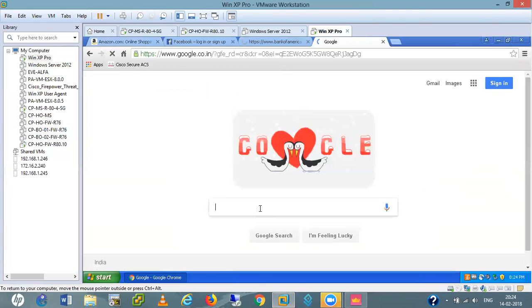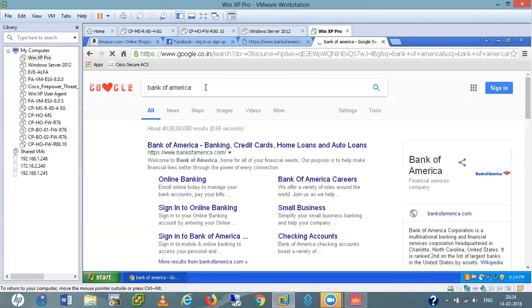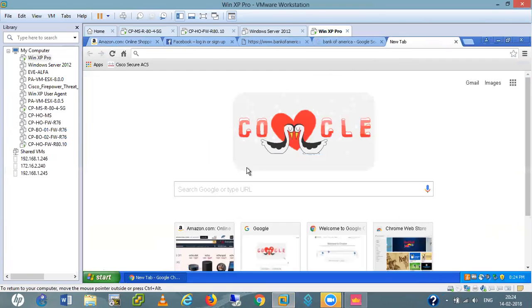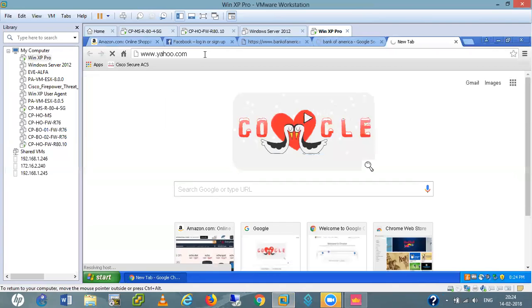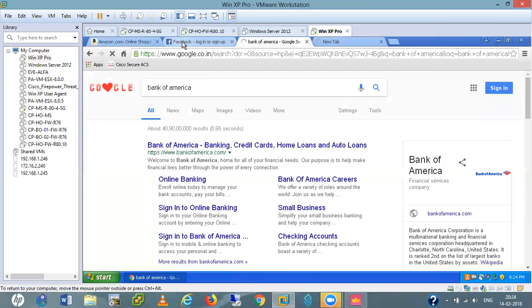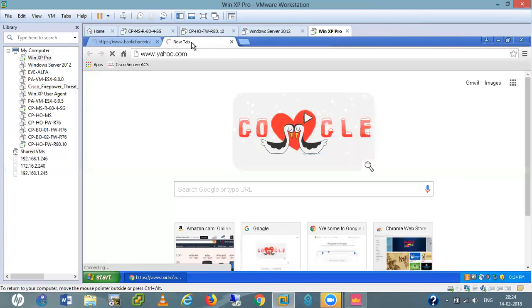Google. Bank of America. Even it is not able to open, right?